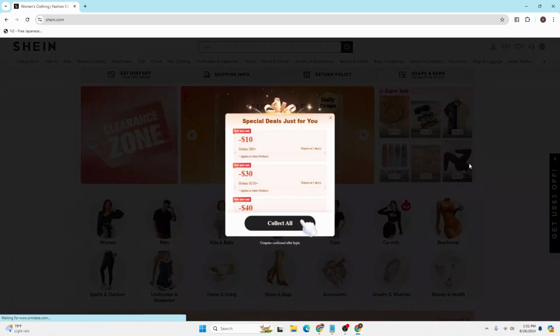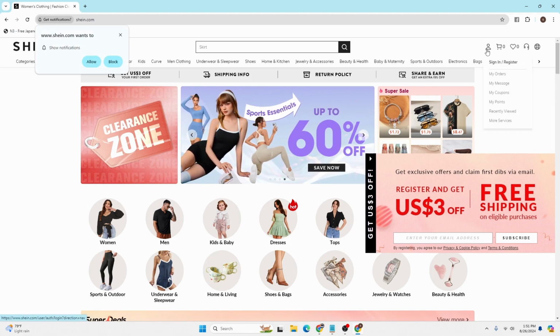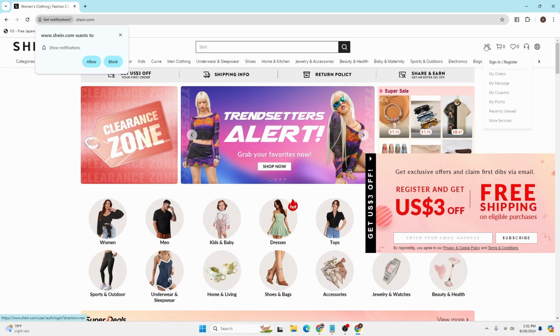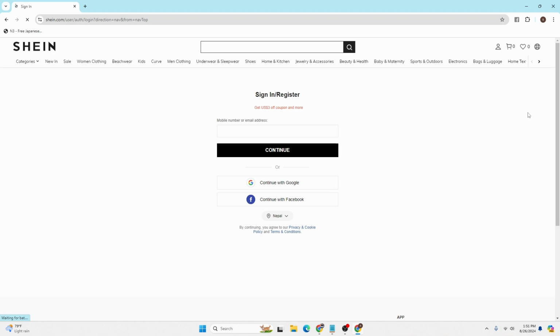Now in order to proceed to log into your account, let's close this. On this interface at the top right corner of the screen, you can see there is a person icon over here, and when we hover over that person icon, this kind of menu appears where it says sign in / register. Click on that and you will be taken over here, which is the sign in or register